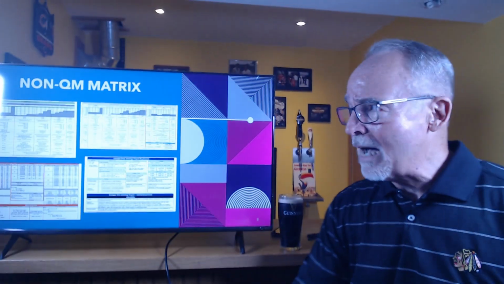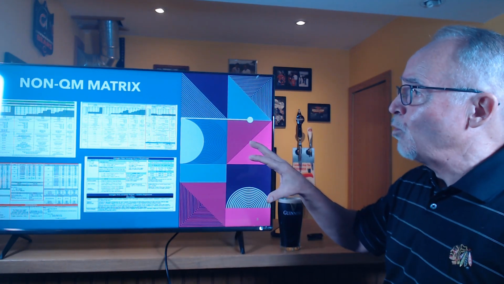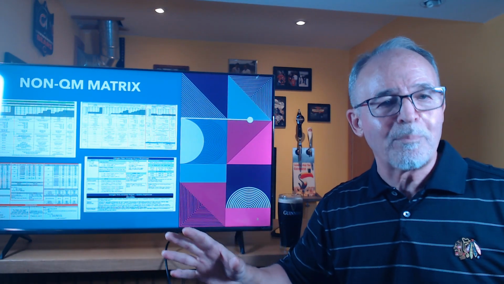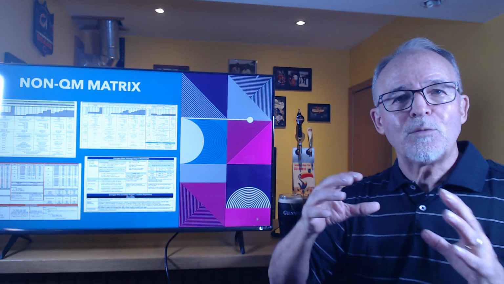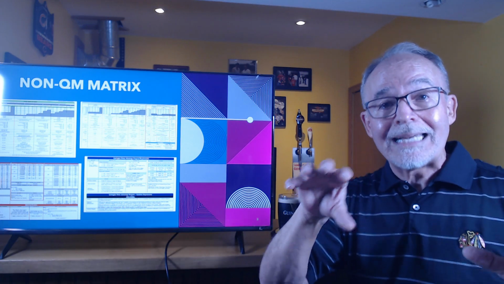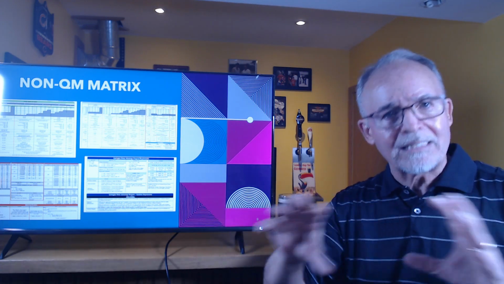So now, this is our non-QM matrix. This is 4 lenders. I just pulled them out from lenders that we use, from banks that we use, and each matrix is different. So we have to take your data and plug it into each matrix to find out exactly